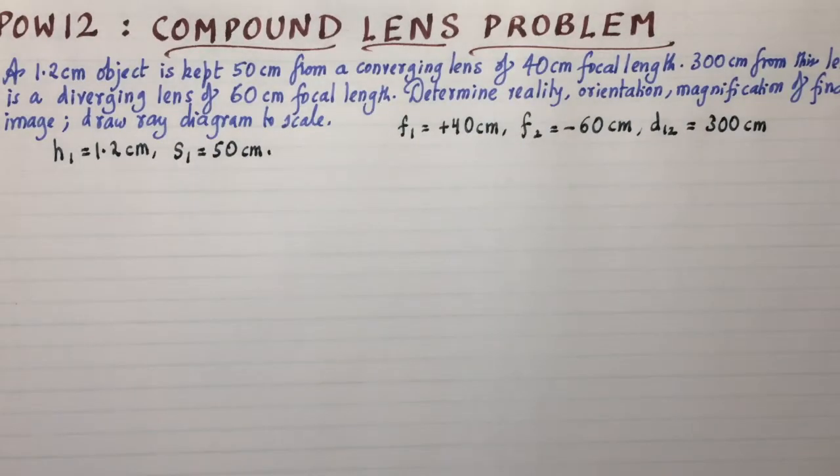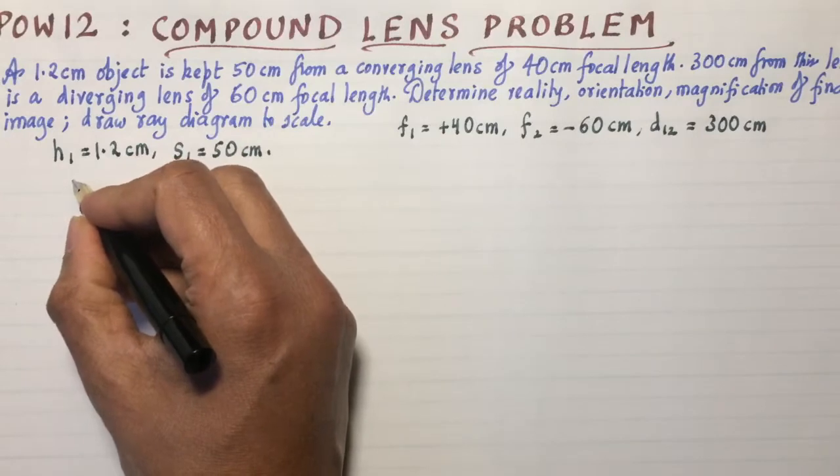What we have to find out is the final image. The distance is located from, say, the initial location of the object, whether it's real or imaginary. A real image is one that can be caught on a screen. A virtual image is one that can be seen but not caught on a screen. So it's very important to remember that distinction. But in terms of the lens equation, all these are given by the various sign conventions that we have for these lenses. So let's proceed to find out the